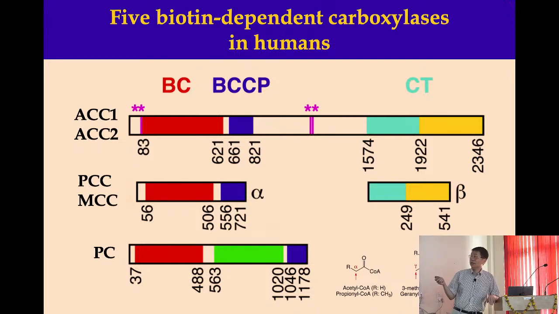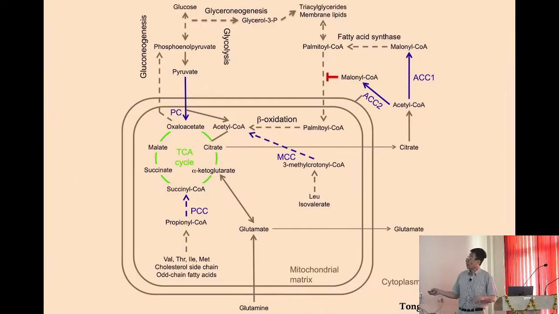So I mentioned earlier the 5 enzymes. This is the last bit of biotin-dependent enzyme. The last one is PC, pyruvate carboxylase. You use pyruvate as the substrate. And as a reminder, PC is right here, converting pyruvate to oxaloacetate. Also, it's involved in basically gluconeogenesis and many other processes. Okay. All right. So now let me change to.